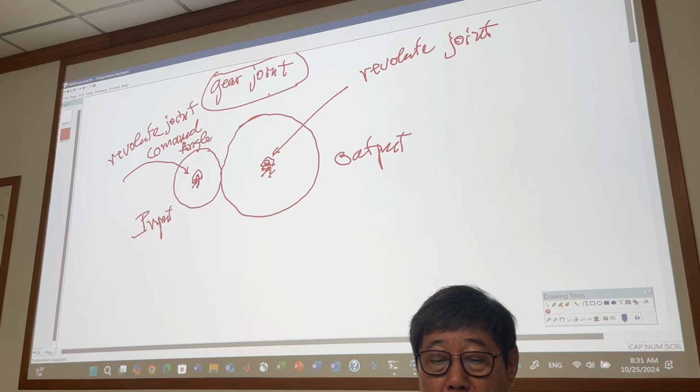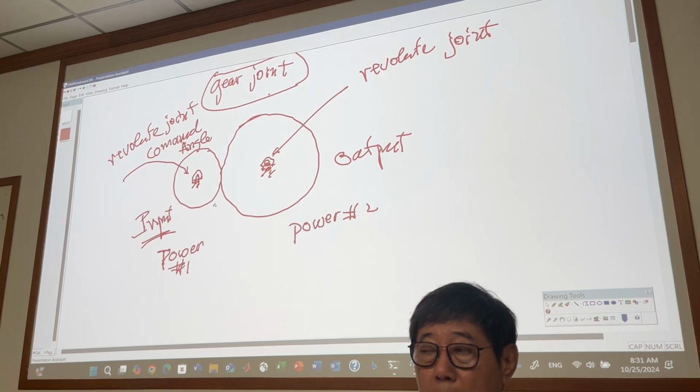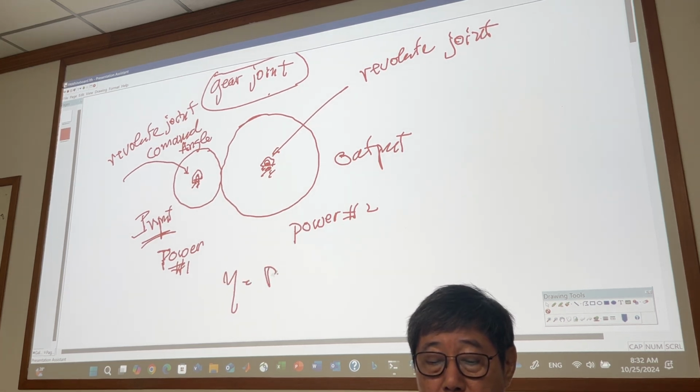But say you have this input and you want to transmit power from this side, power number 1, to the other side, power number 2. The efficiency is power number 2 over